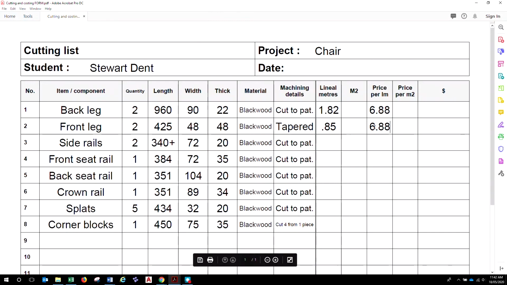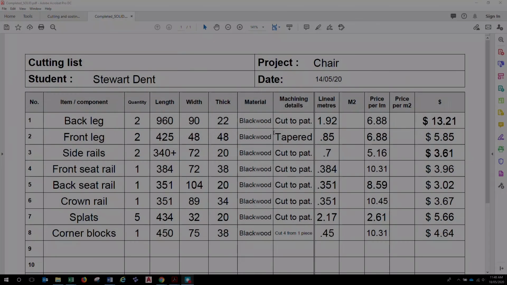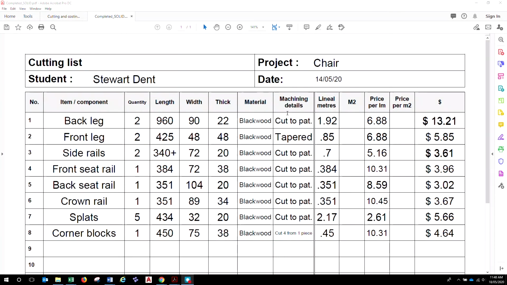Okay, then to get our price for each item, we multiply that times that and put the answer over here, and that will be $13.21. So that's 1.82 times 6.88. Okay, for this one here, we're going to have 0.85 times 6.88, 5.85. All right, so if you want to go off and do that, I'll work these out and I'll be back in a minute. Okay, and now finally, to finish this off for the solid timber,